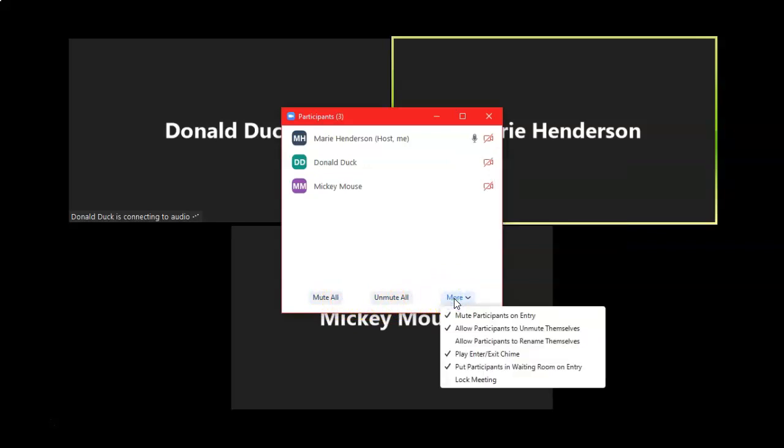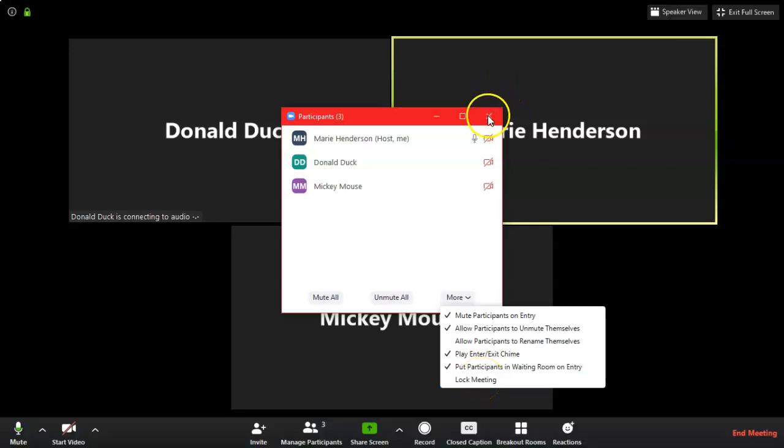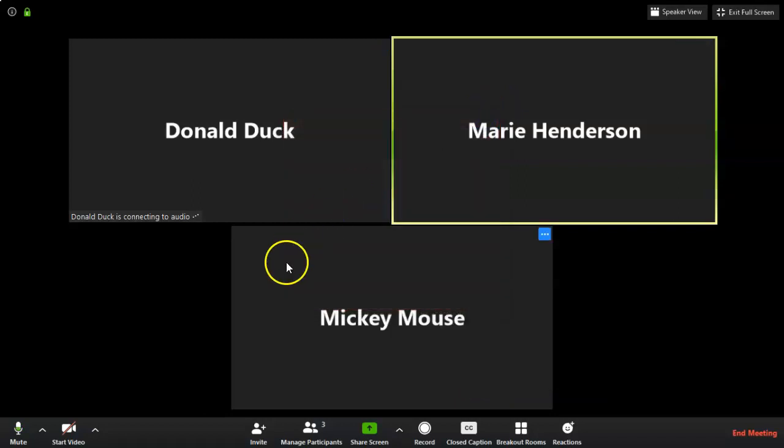And then if I click on more, I have a couple of more global commands I can issue to each participant. So whether or not I want to mute them on entry, to allow them to unmute themselves, to allow them to rename themselves, if I want that enter or exit chime that you heard earlier to play, if I want to put them in the waiting room here, or if I want to lock the meeting. Now this last one is the important one. Once everyone I'm expecting is here, in order to prevent future Zoom bombing and or to increase student safety, I could lock the meeting. And that way no one else can join. All right, so for right now, I'm going to close this window,